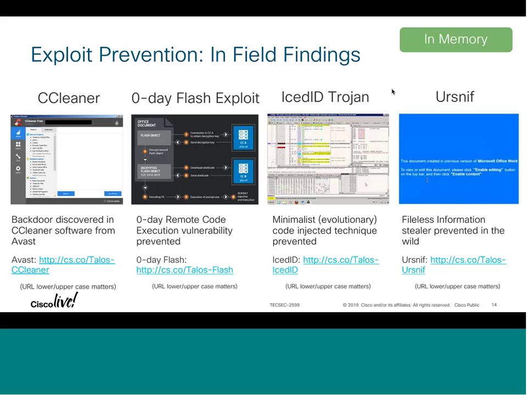So basically it was another campaign where a Microsoft Word document with a VBA macro was sent to a number of victims, and the macro had the auto open function to basically execute it automatically upon opening the document. And then the macro has been obfuscated and downloads a series of PowerShell commands, one PowerShell command downloading another one in a chain, which makes it really difficult, especially if it's all executing in memory, for a traditional antivirus product to detect it. So I highly encourage you to have a look at those in-field findings, and I'm sure that